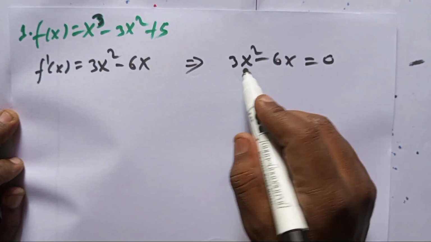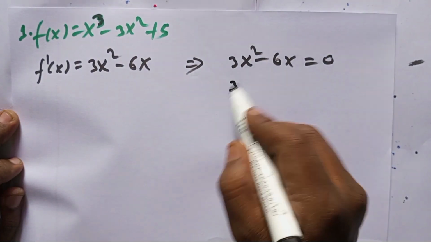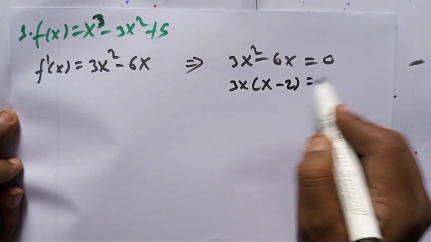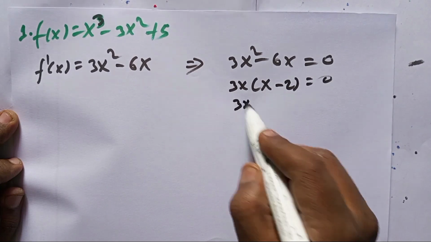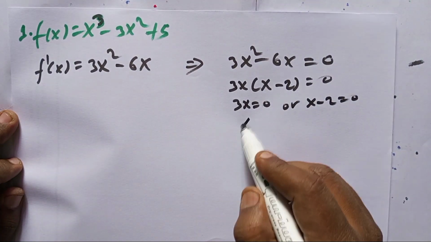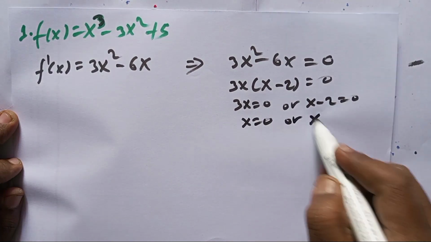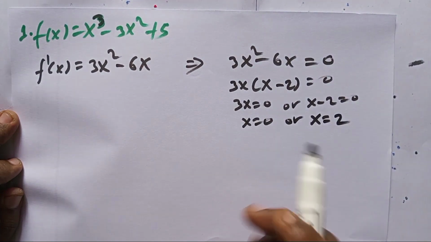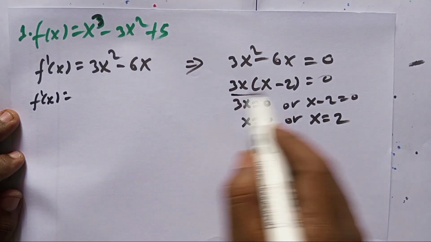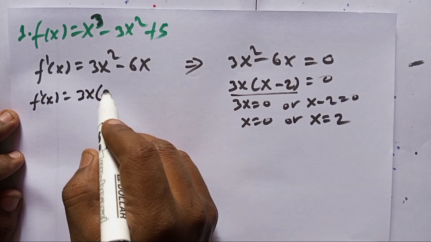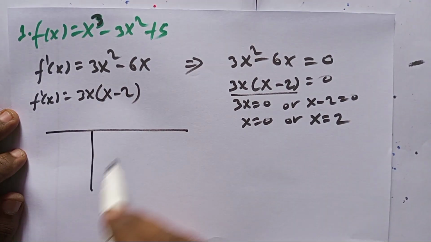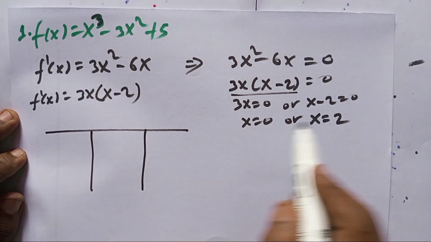These zeros help us to find the positive and the negative intervals of the first derivative. First derivative negative እና positive የሚሆነው እናገኛለን። Let's take 3x as a common factor. So we have remaining x and minus 2 here. From this, 3x is equal to 0 or x minus 2 is equal to 0. So x is equal to 0 or x is equal to 2 are the critical numbers. And so that is the first derivative, its factorization: 3x(x minus 2). Then take the zeros of this first derivative. What are the zeros? 0 and 2.